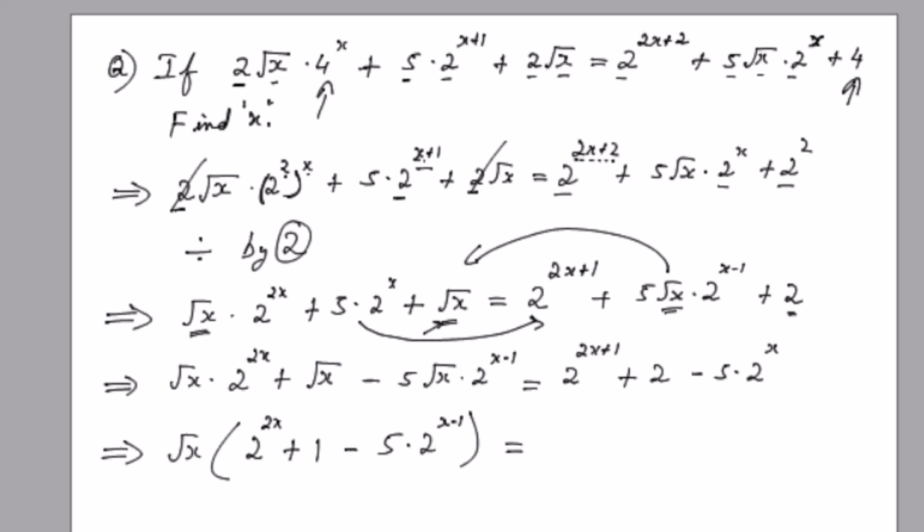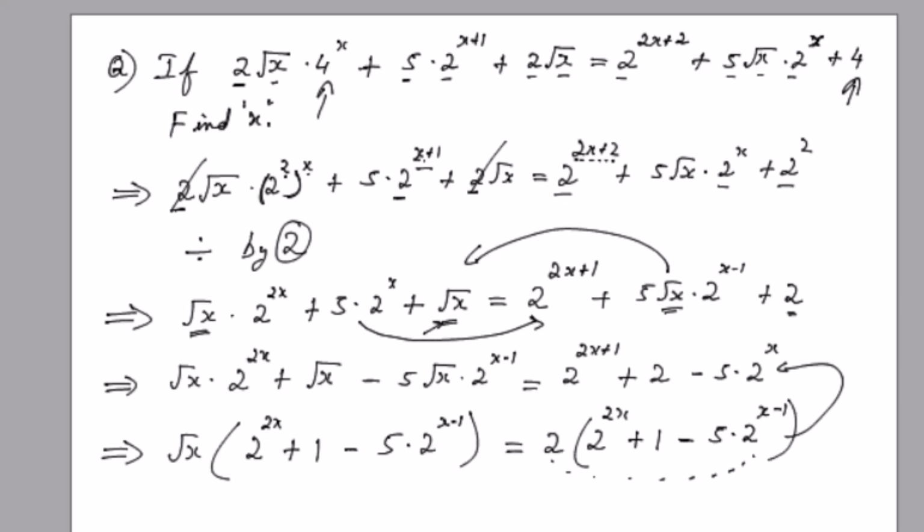So we can take 2 outside. Then we have 2 to the power of 2x, 2 ones are 2, minus 5 into 2 to the power of x. So inside the bracket, if we have 2 to the power of x minus 1, then 2 into 2 to the power of x minus 1 will be equal to 2 to the power of x,